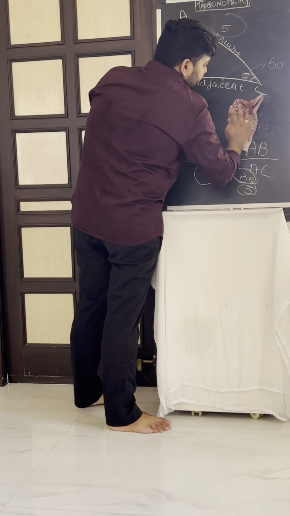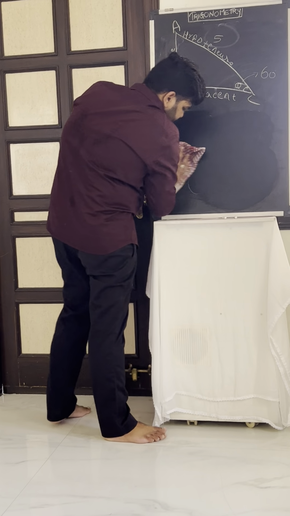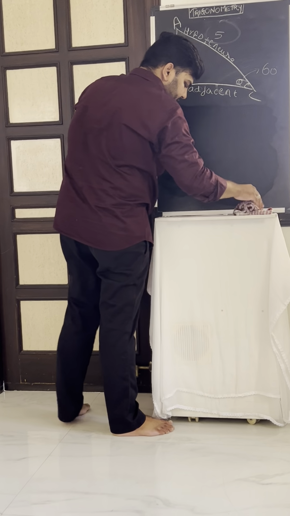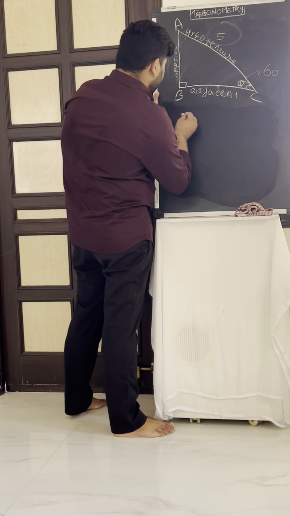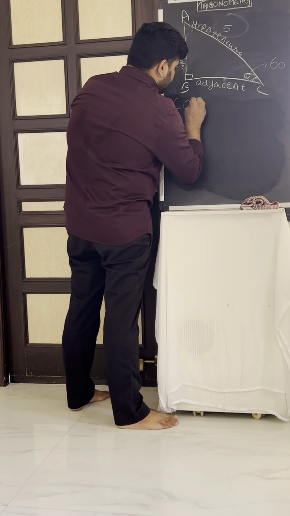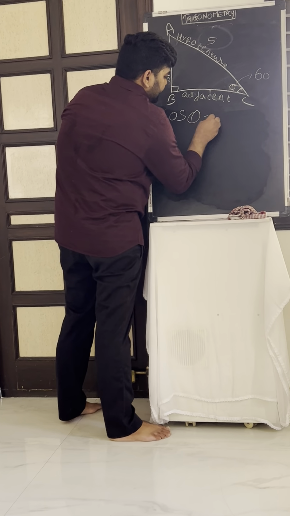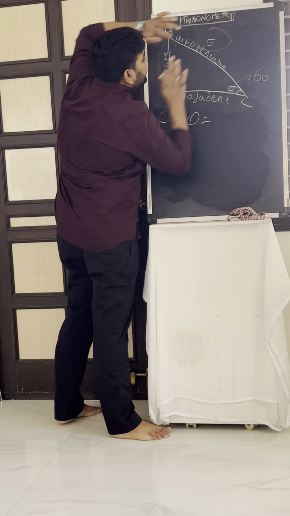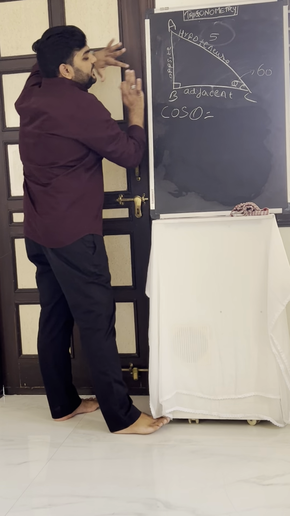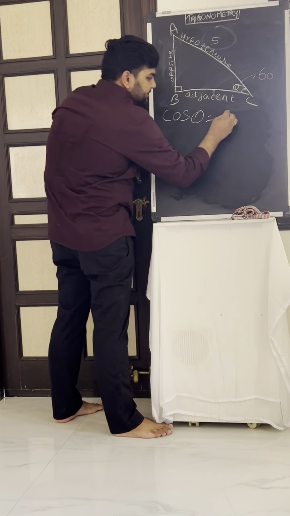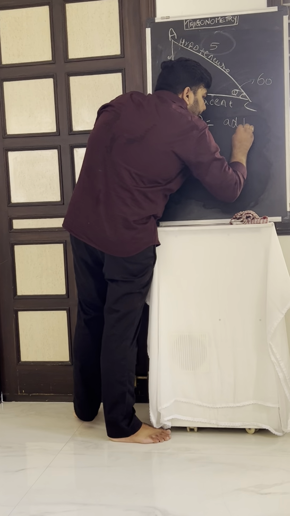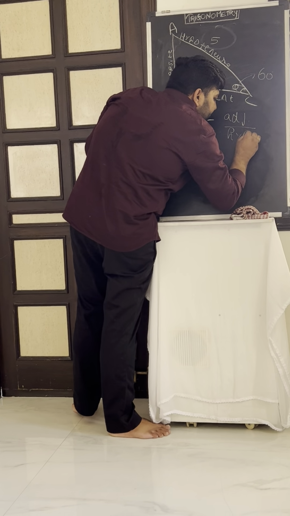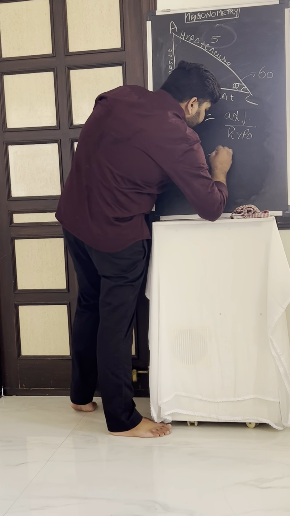Okay? So let us go to the second operator, cos theta. Right? What is the formula for cos theta? Look, sine was opposite upon hypotenuse. Cos will be adjacent upon hypotenuse. So cos theta will be equal to